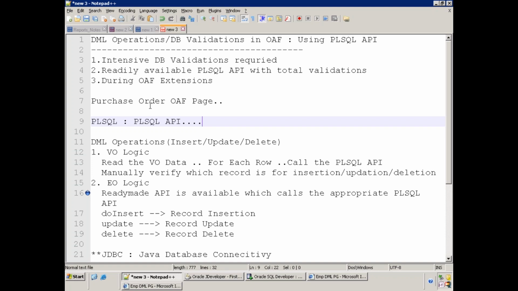Let us say I'm creating an iExpense report, and whenever I select a project, I need to validate whether this project should be used by this user or not. How do you do that? You require either a VO, or a PL/SQL or select query. So simply what I will do, I'll create a PL/SQL function, pass all the data to the function and just get the status. That's very easy for me.